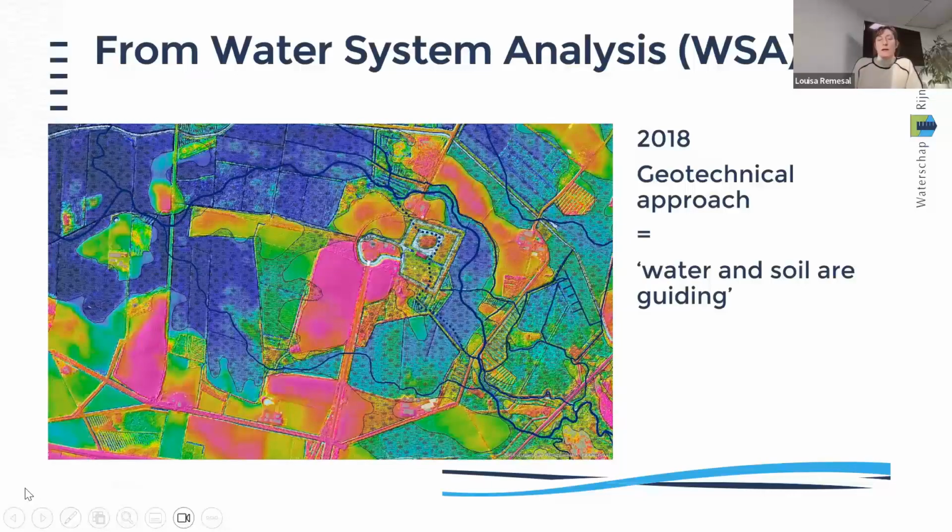Here you see a map with the ground levels. The purple levels are the higher levels, and the dark blue levels are the lower levels. We search for the lower levels in the area because we want to try to see what would happen if mankind had no influence